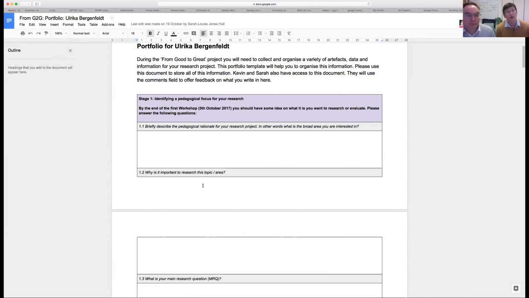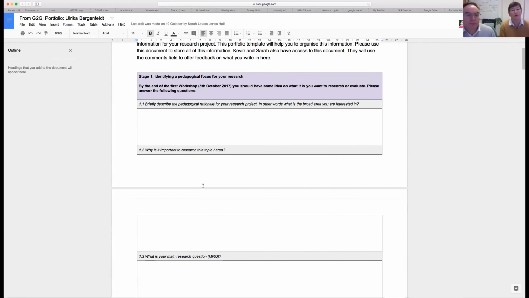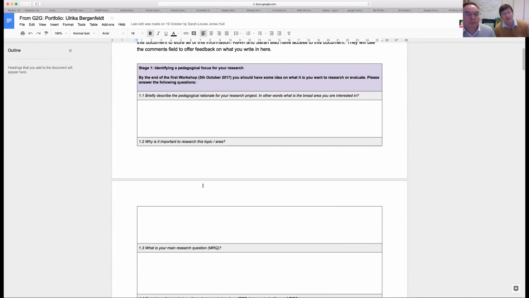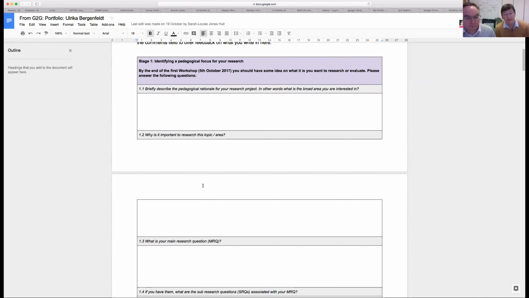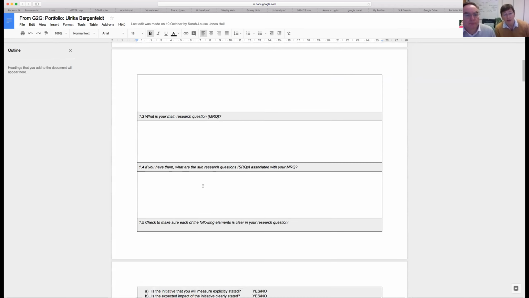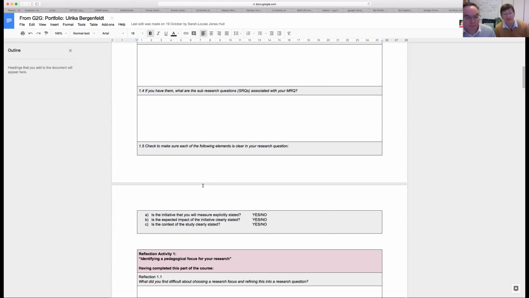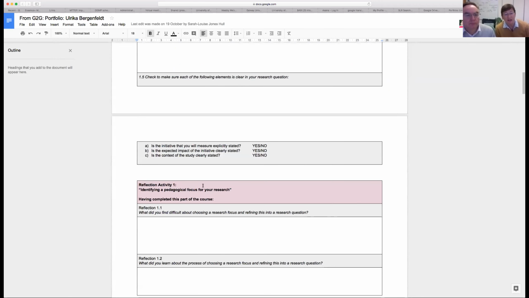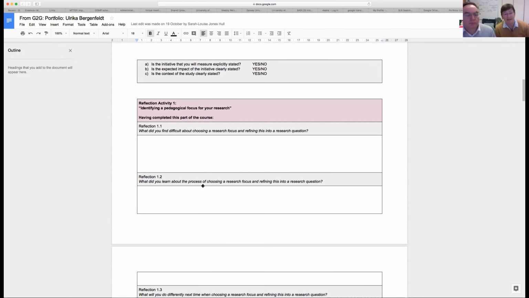I think it's probably worth you seeing this before we start talking about the data analysis, so you can see how we're going to go through it. So really for stage 1, you should be able to fill in pretty much all of these boxes now. Once you go past stage 1, if you scroll down a bit, you'll see that underneath every stage, we've put a reflective activity.